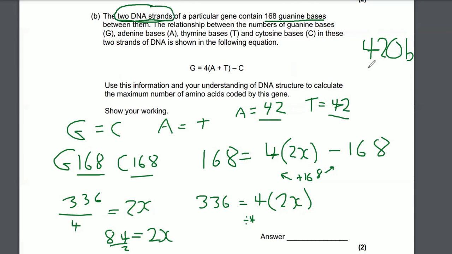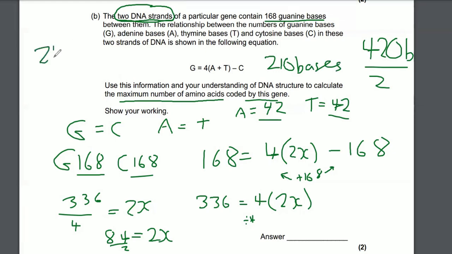There are 2 DNA strands, and it's asking us to find out the maximum number of amino acids coded for by the gene. We've got 2 copies of the gene. So what we need to do is divide by 2, and that leaves us with 210 bases. Now, how many bases code for each amino acid? Well, we need 3 bases to code for an amino acid. So I need to do 210 to find the maximum amino acids you can make is 70 aminos because you